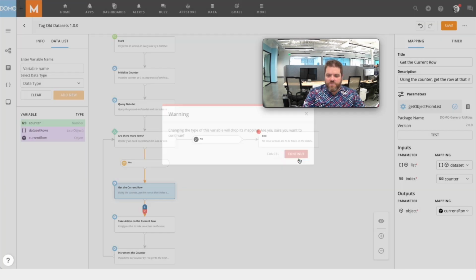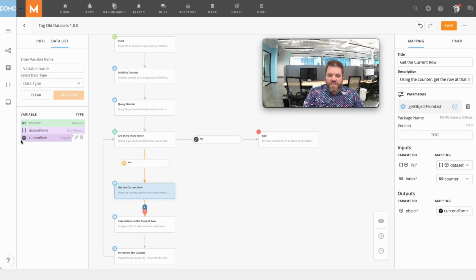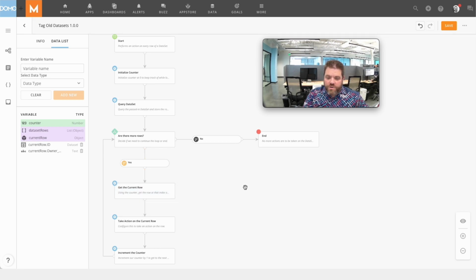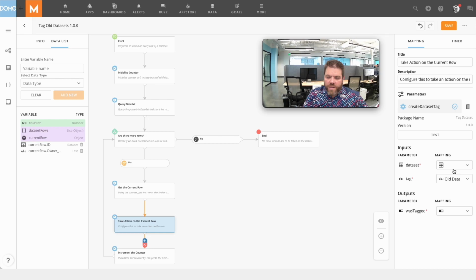It's going to give me a message about my mappings. And you can see that it moved from an open object or a white object to a defined object. It's black. If I expand this, you can see that we've got current row.id and current row.owner. Now what's really neat is those are available without any additional functions or steps to be called by additional functions down the line. So this particular dataset that I want to tag, I know it's in the current row